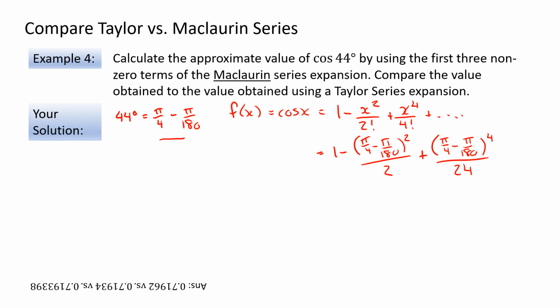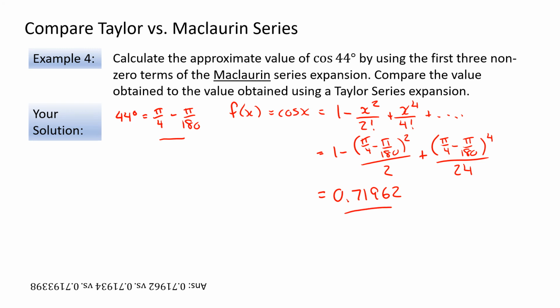If we add all of these up using your calculator, I recommend taking this in steps, doing the squared terms first, then dividing by 2, just to make sure you get the order of operations correct. But if you do, you'll get